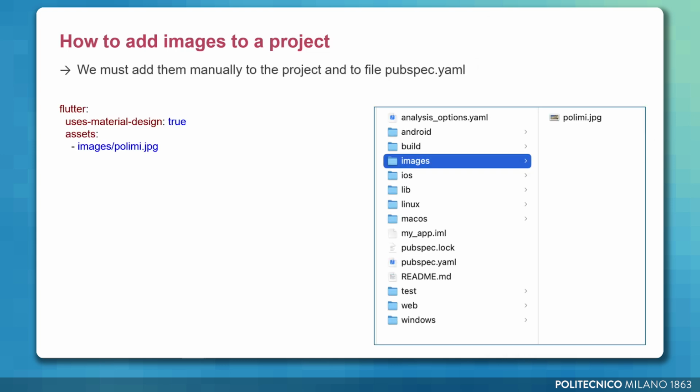Bundling an image with the app is a bit more involved. First, you need to create a folder in your project, commonly named images, to store all the images you plan to use. The folder name is your choice, but it must be created manually. After placing the image files inside this directory, you must update the